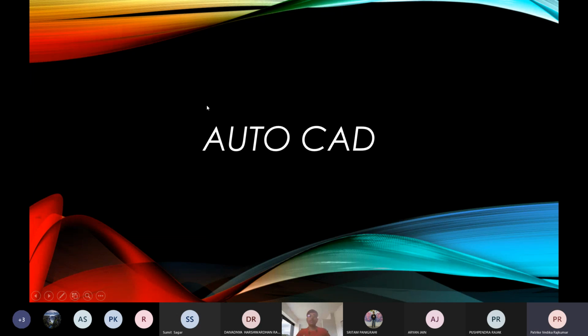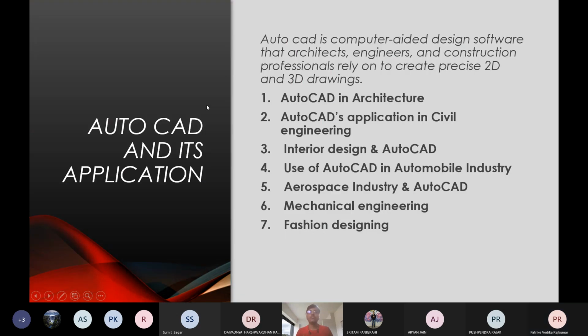So first of all, what is AutoCAD? You must be familiar with it or have heard of it. AutoCAD is computer-aided design software where we use a computer to design 2D drawings and then convert them into 3D drawings and animations. There are many applications in different fields like architecture, civil engineering, interior designing, automobile, aerospace, and